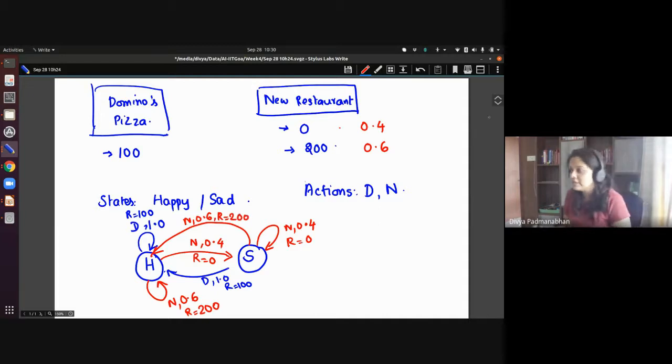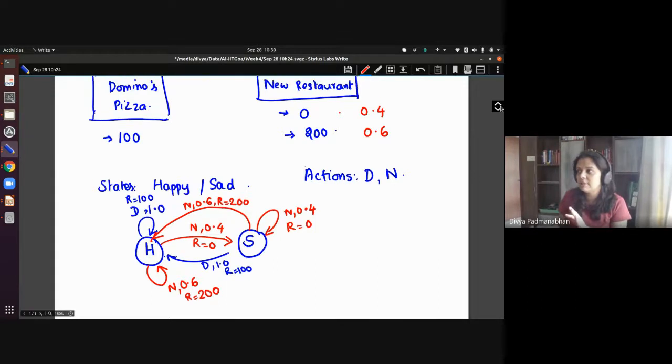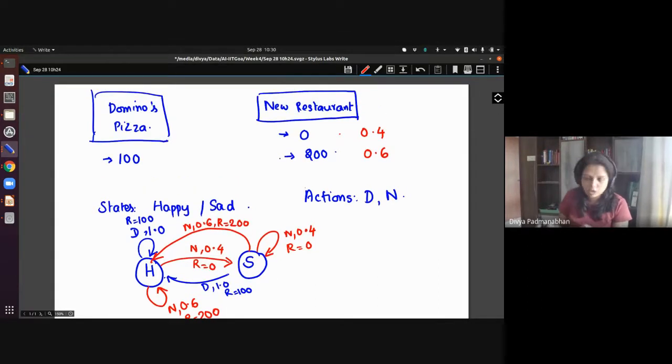Okay, so we've cast this problem as an MDP. In this kind of example, are the states telling you anything? There are two states here, happy and sad, right? Just observe it closely. Of course, we wrote it as two states because there were these two possible rewards that the new restaurant would give you.